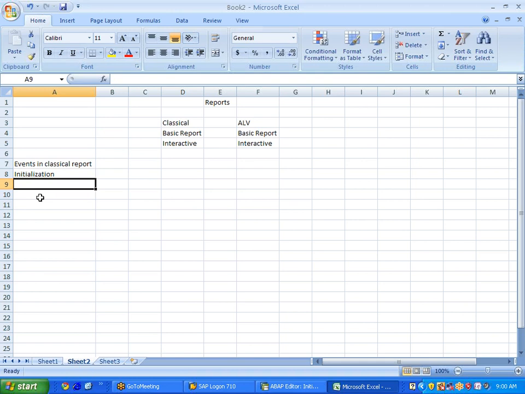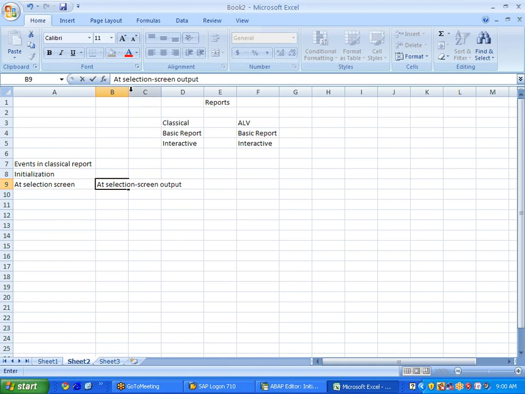And second event is at selection screen. At selection screen has some different sub events. Those are at selection screen output,